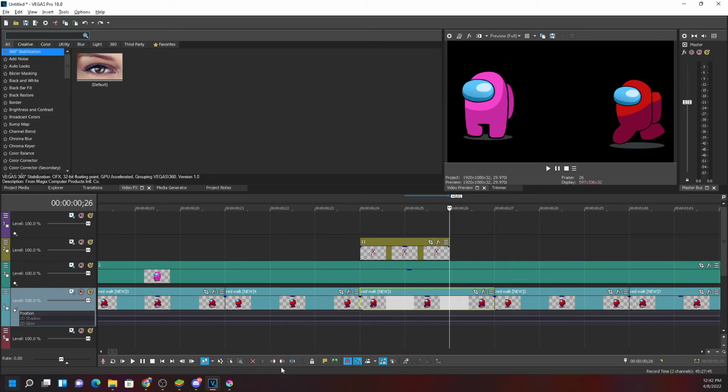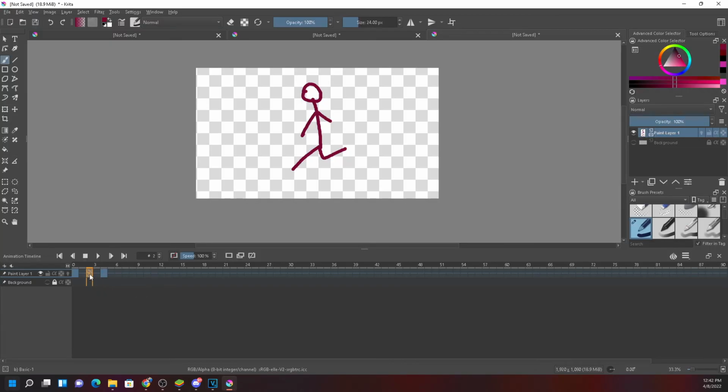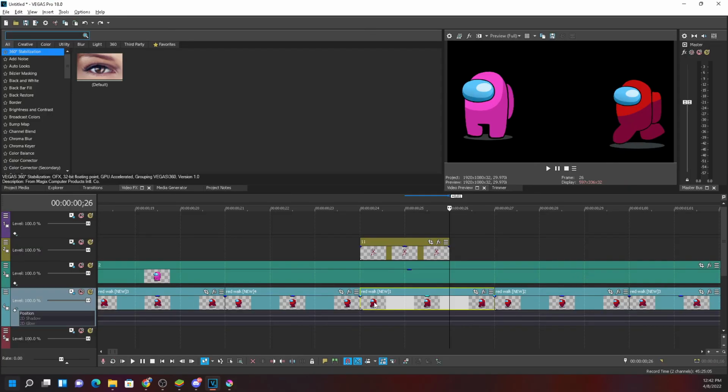Because I have left 2 frames in Krita for this. I created that extra walking movement on the third frame. Did you get it? Here, I created a new walking movement on the second frame. For that image, I created a second walking movement on the third frame. So that's why I left 3 frames.